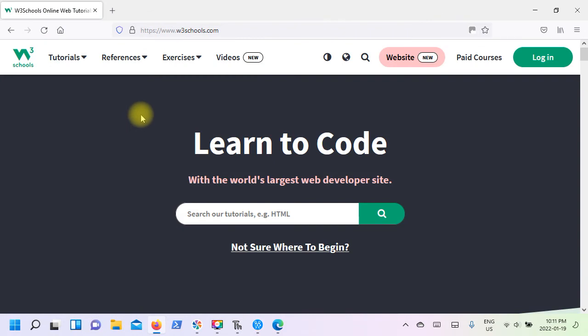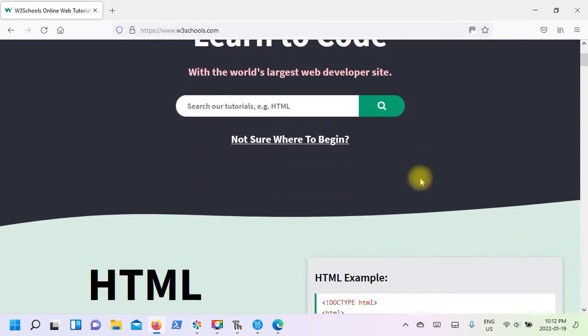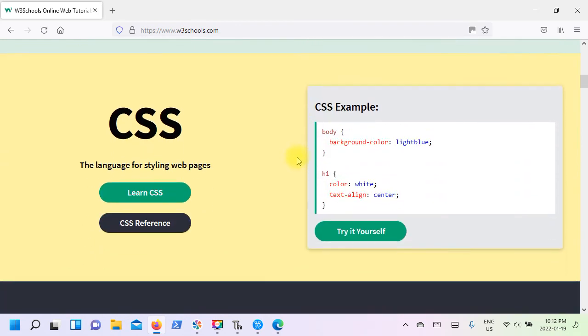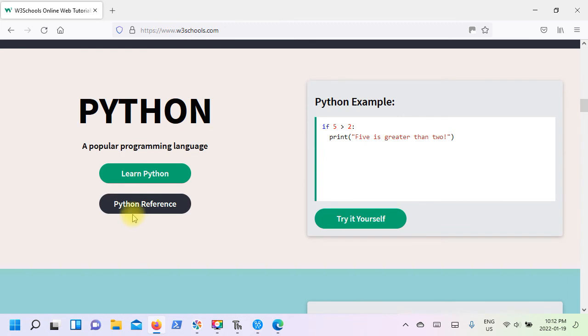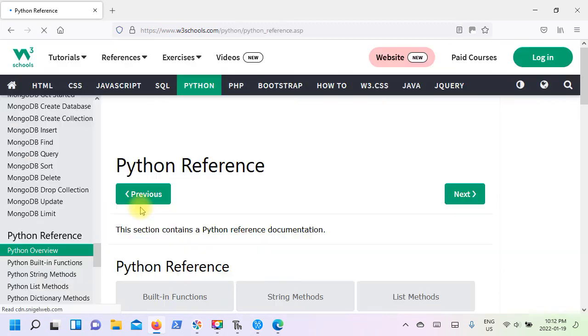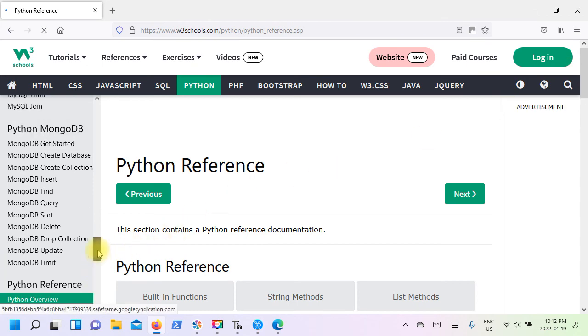So we covered a lot of material today. So I want to show you some reference materials. This is from W3 Schools. Their address is www.w3schools.com, and this website's all about learning to code. So if you just scroll down, they teach you HTML, CSS, JavaScript, and also Python. So if you click on Python reference, and make sure that you scroll all the way to the top here,